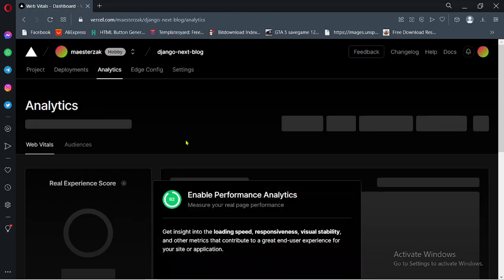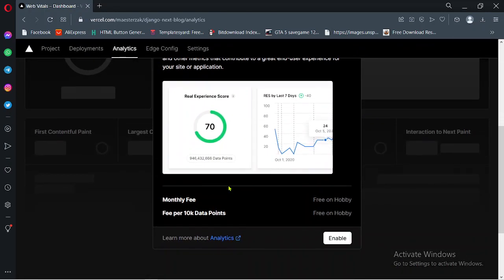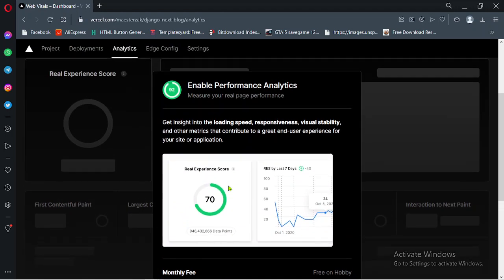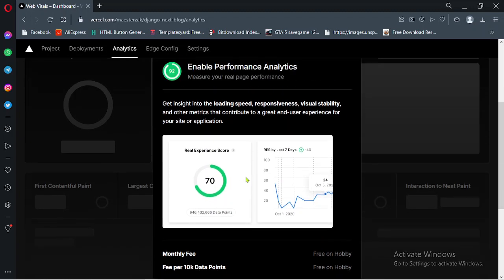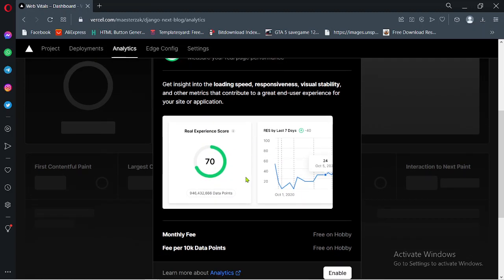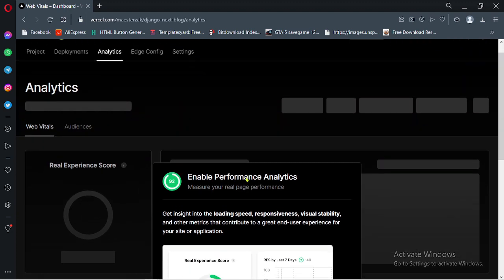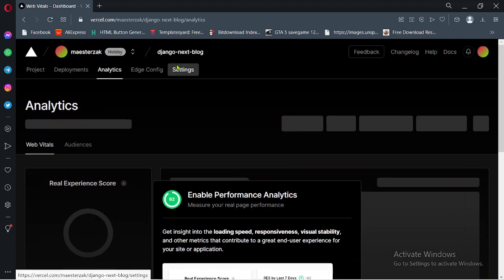And then this is an analytics section. It works the way Google Analytics works. I'm pretty sure that you guys know how Google Analytics works. Well, this is something similar. It enables you to track what's going on your website, how users are interacting with it, and some other cool things as well. You can check it out yourself. Then the